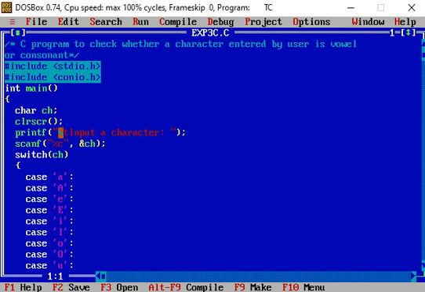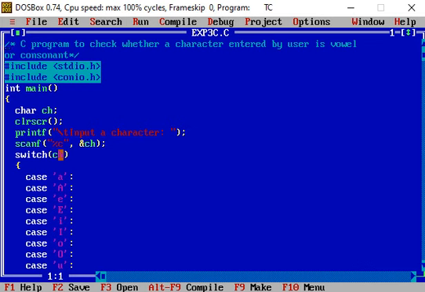Then the scanf function takes any character entered by the user and stores it in the character variable ch. Then using the switch statement, switch ch character.